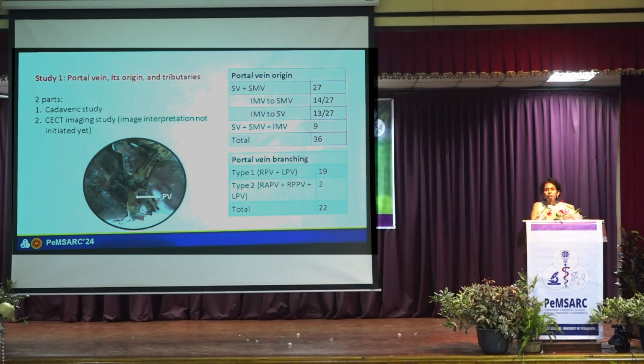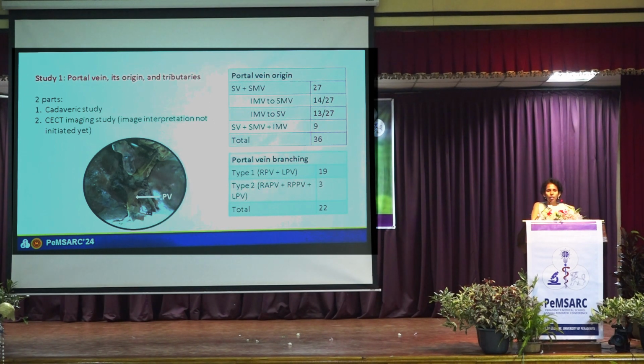So here we have two parts, the cadaveric study and the imaging study, in which the image interpretation part is not initiated regarding the portal vein. Here I have put a picture of a cadaver. This one is the portal vein. Regarding the portal vein origin, we got a total of 36 cadaver specimens where we looked into the portal vein origin, from which